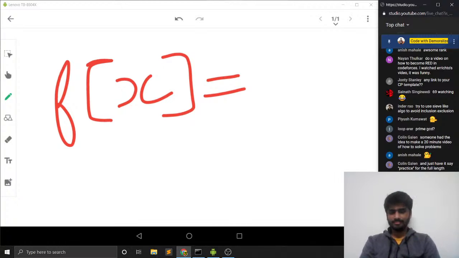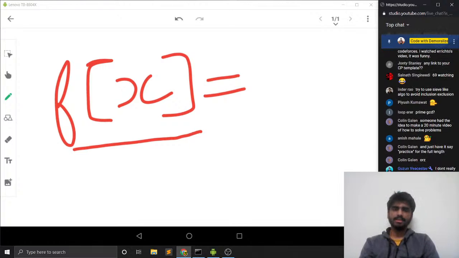Since n is not too much, I can count all of the divisors of the element x, and then I think,